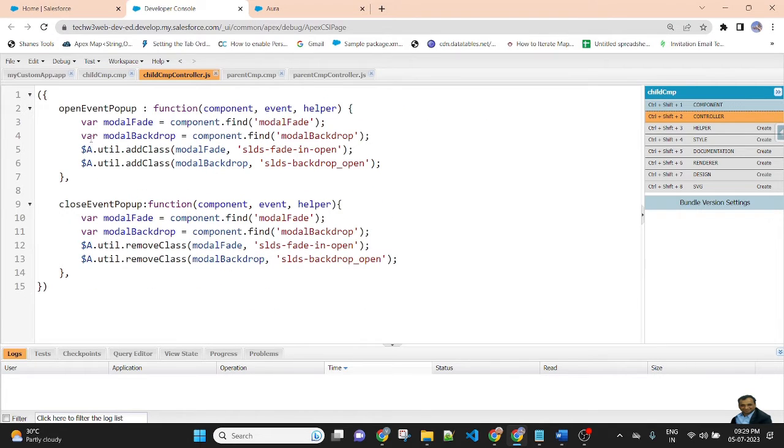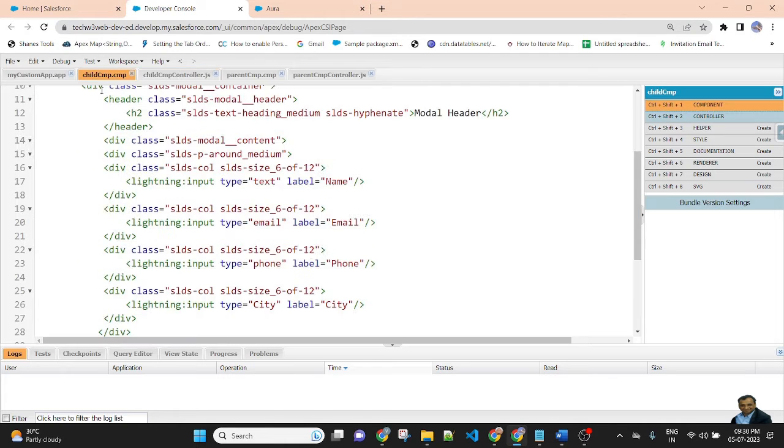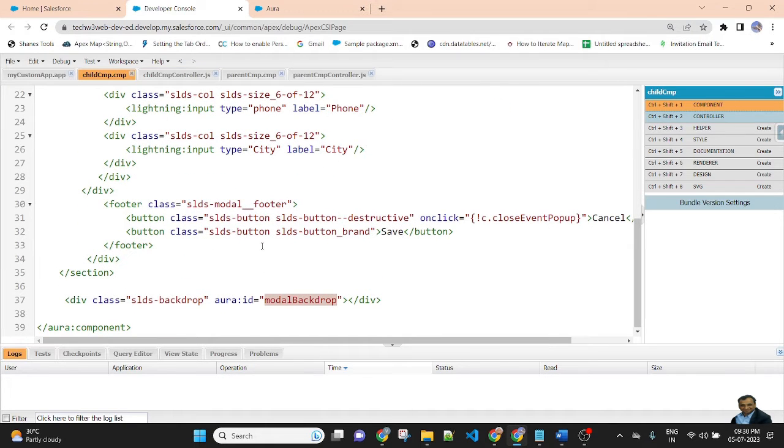In the JavaScript, first I find the Aura ID, then I add the class. Whenever it finds this ID, I add SLDS fade in open and SLDS backdrop open. These classes will open the modal pop-up.